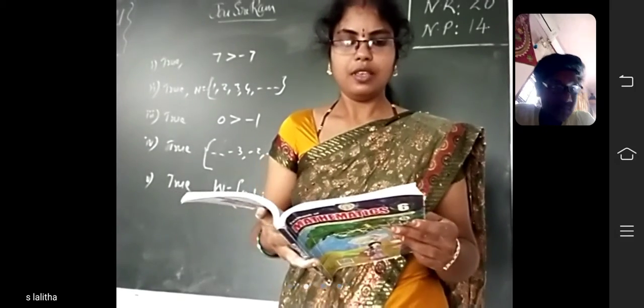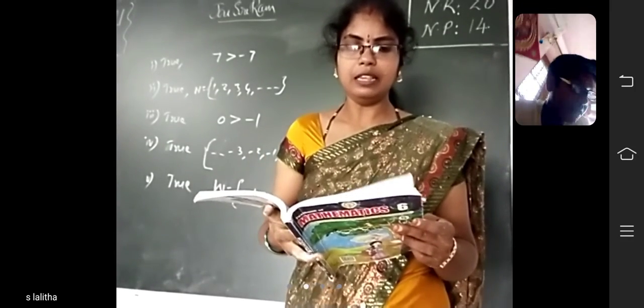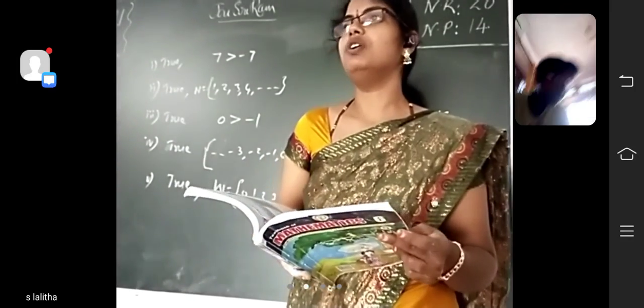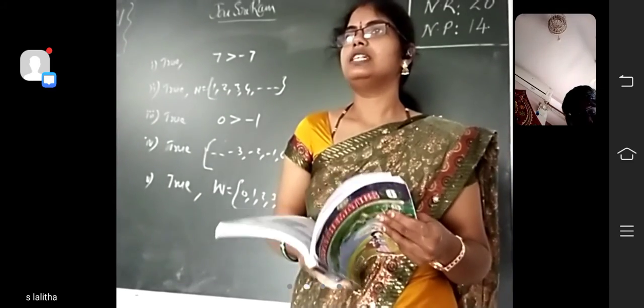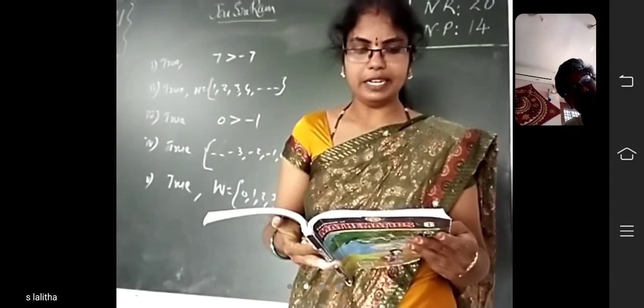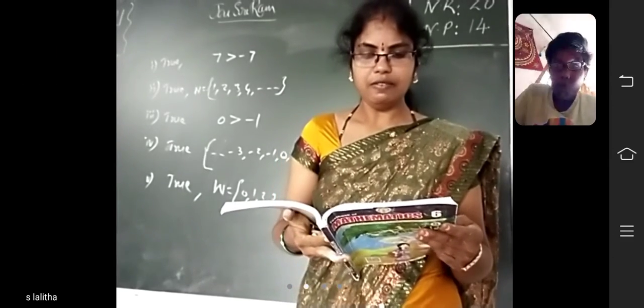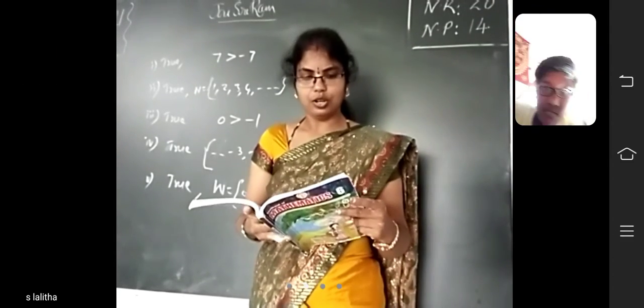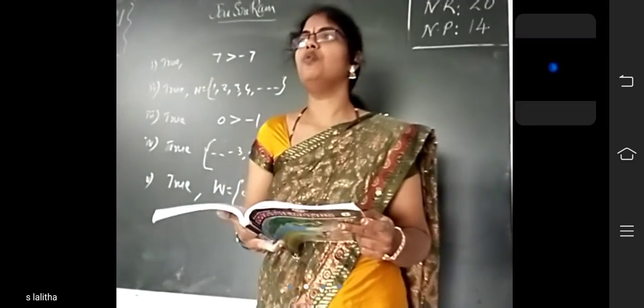Next, 7th term. Find minus 603 plus 603. We have just done this in Exercise 4.4. Like that you can do the sums. The 8th one is also the same. The 9th one, 10th one, same like that you can do. Okay? So this is the homework. Unit exercise you can do in your homework. So we have completed the 4th chapter.